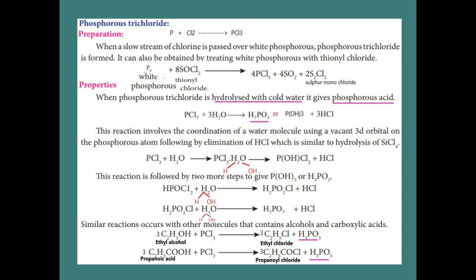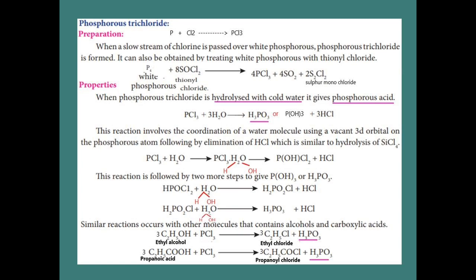First of all, 1 mole of water reacts with the phosphorus trichloride and gives an addition compound, because a vacant 3d orbital is present in phosphorus. So first it gives the addition compound PCl3.H2O. Then that H2O splits into H and OH. See the reaction. The H reacts with a Cl of PCl3, and instead of that Cl, the OH is added to the phosphorus. Then we get POHCl2 plus HCl.